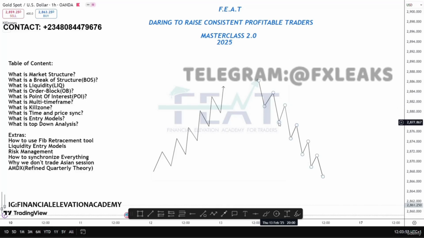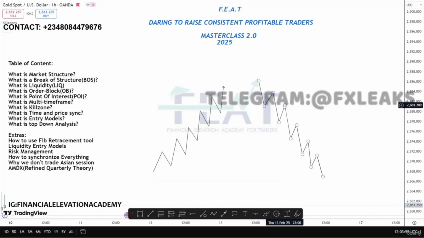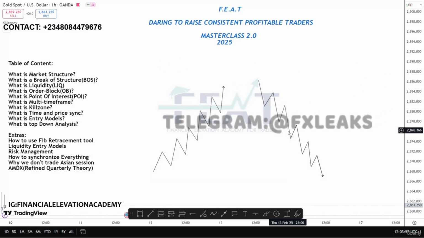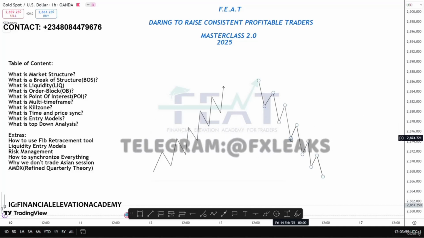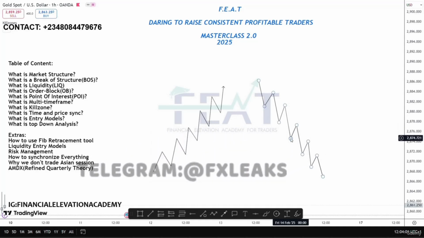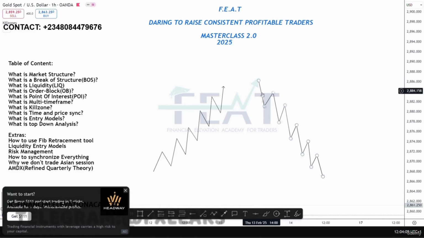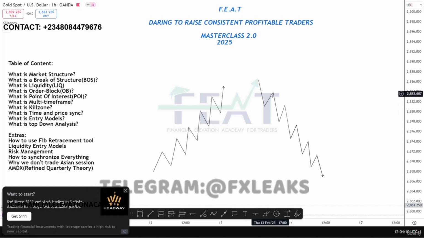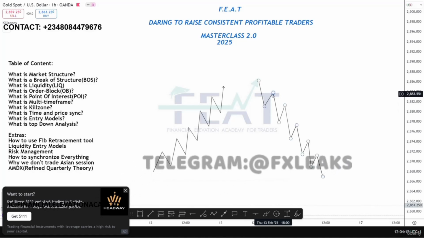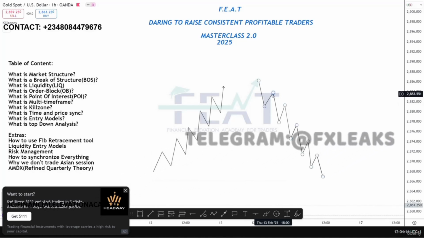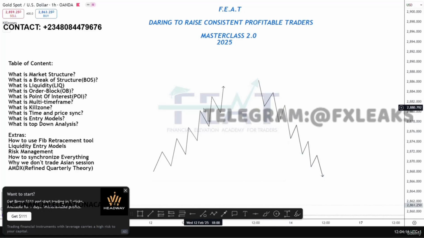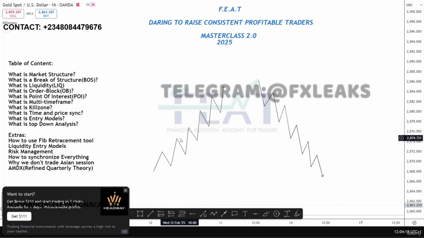A lower low, a high creating a lower low. Now you would wonder, why is it? Because when the market is bearish, it creates lower highs, because since it's bearish, the highs will not be like the bullish market that is creating higher highs,